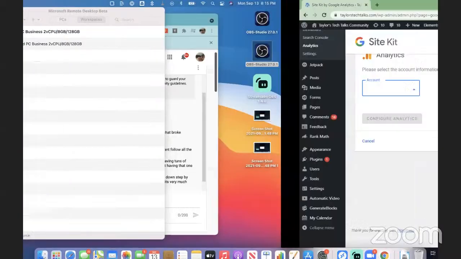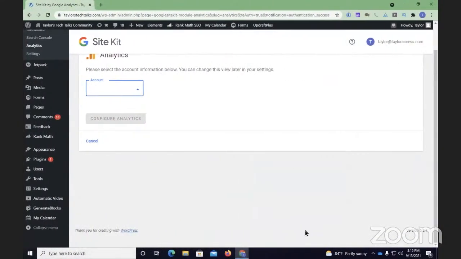All right. You have started screen share. So I'm sharing my search window so that you can see what the issue is, okay? Recall, we've set up our Google Analytics, we've installed our plugin, we set up our Google Search Console, we've installed the plugin, and now we're going to finish setting up our Google Analytics. Now, here's what's a little bit weird. It says select account, but there's a little bit of an unlabeled image there. So let me go ahead and show you as soon as I don't lose focus anymore.